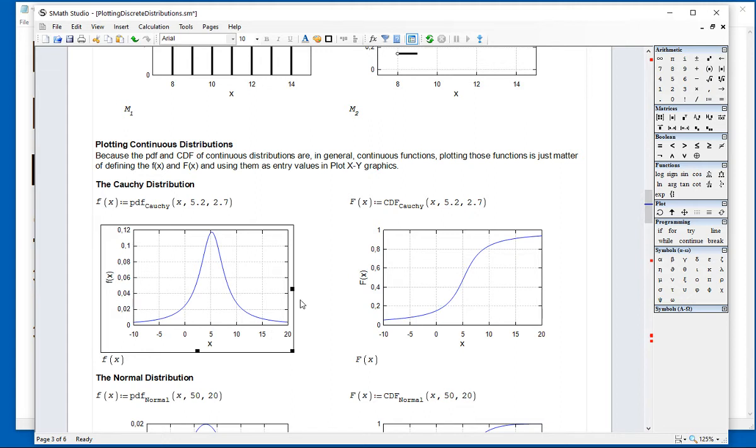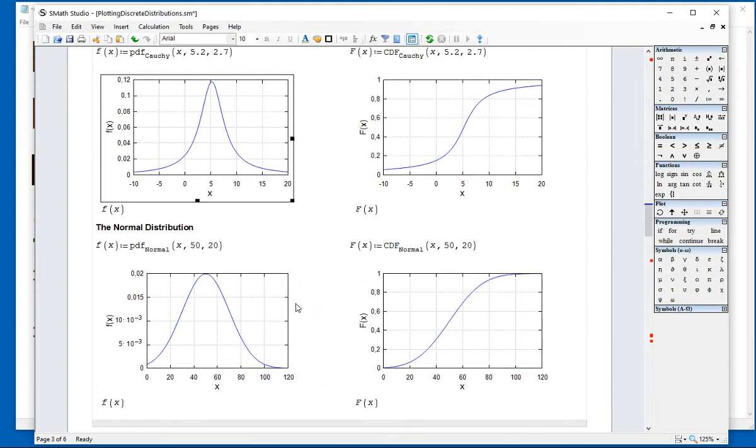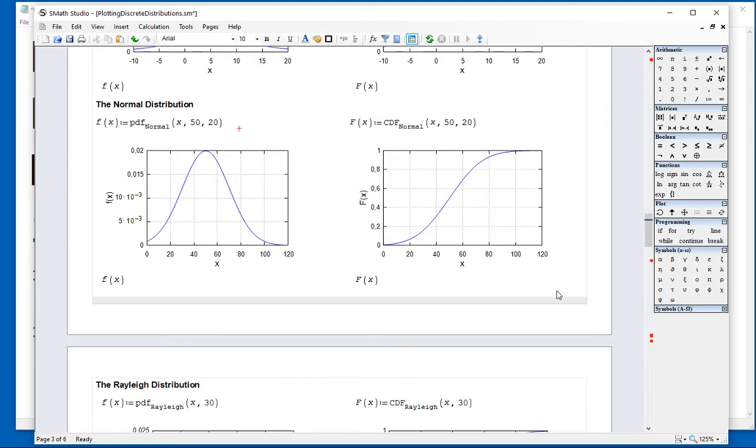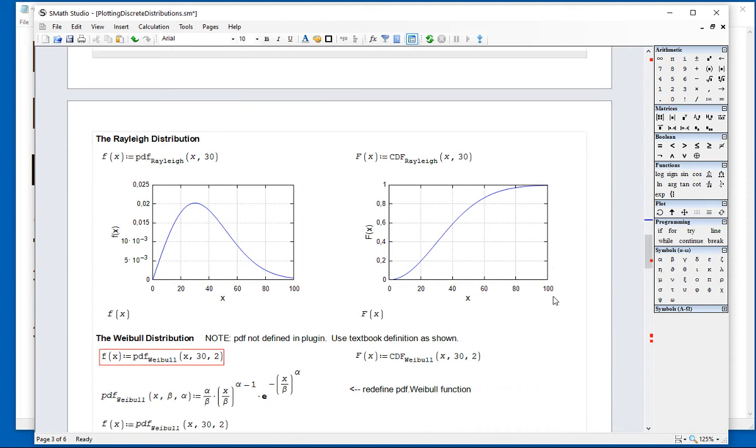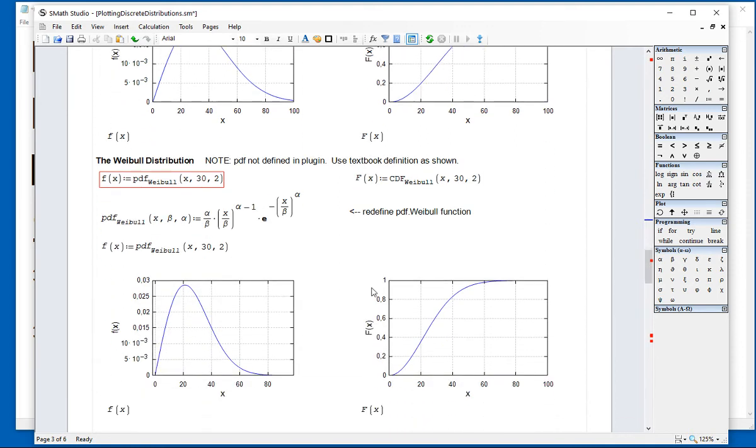This is the case of the Cauchy distribution. Here's a normal distribution. It's very symmetric, and so is the Cauchy. And the typical cumulative distribution function graph for continuous distribution is this S-shaped figure. Here's the Rayleigh distribution that's only defined for positive values. The Weibull distribution, although it is listed, for some reason doesn't work. It's not well defined in the plugin, but